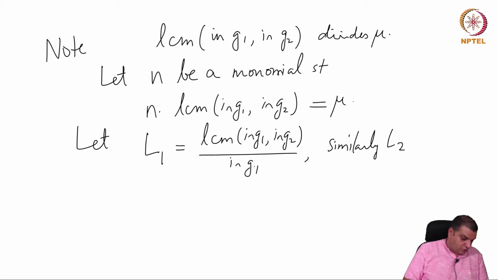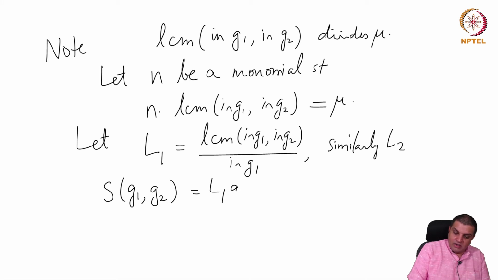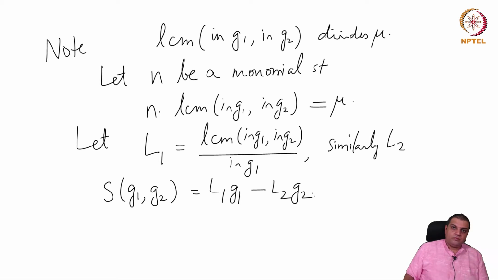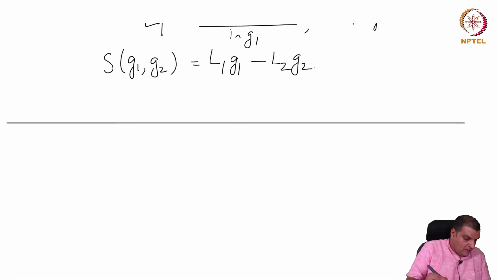Where you divide by G2. Okay. So then notice that S of G1 G2 is now L1 G1 minus L2 G2. Okay. Now let's look at the initial terms. The n times the initial term of S of G1 G2,